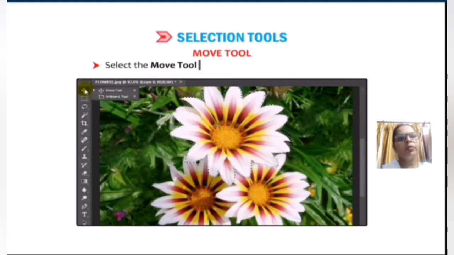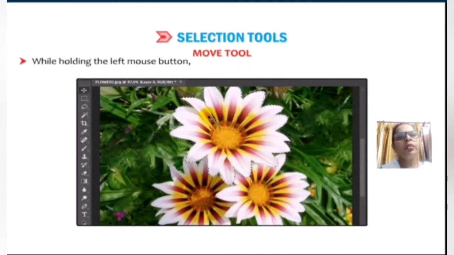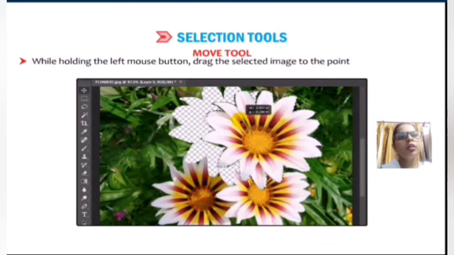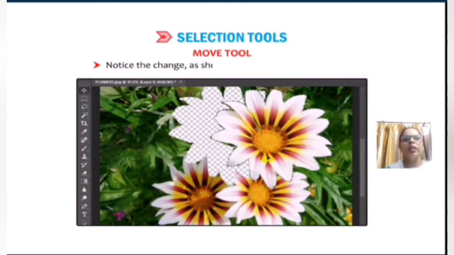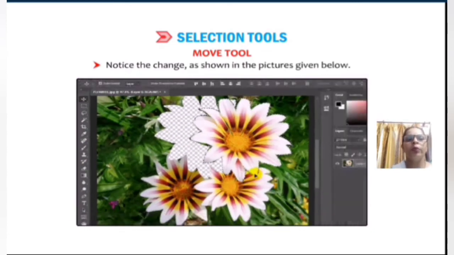Now our object will be selected. Select the Move tool from the tool panel, press V. The pointer will change. While holding the mouse, drag the selected image to the point where you want to place it, then release the mouse button. Notice the change as in the figure given below. You can see it in your image.